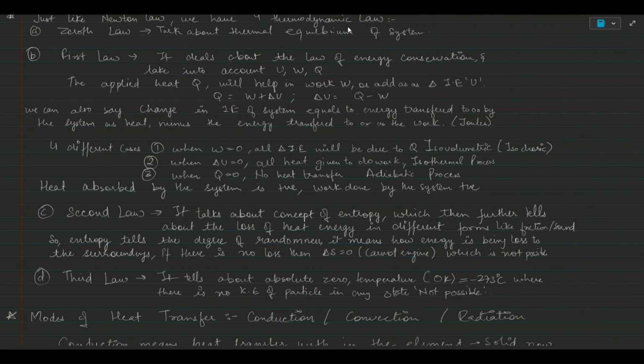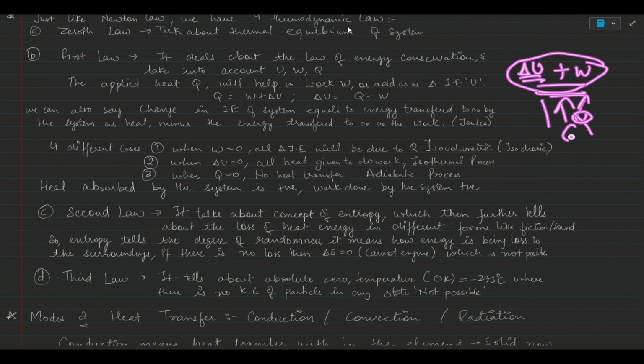So what exactly we have to account for in the theory are three terms: the internal energy, then work, and then the Q, that is heat. Let's say I have a system, and a heat Q is applied to this system. What's going to happen? Because of this, internal energy is going to change. At the same time, I can do some work, correct? So these are the two things that can happen when heat is provided to my system.